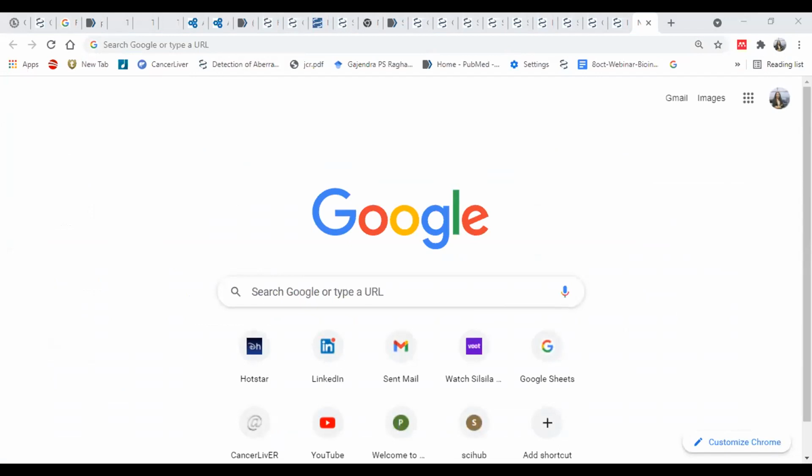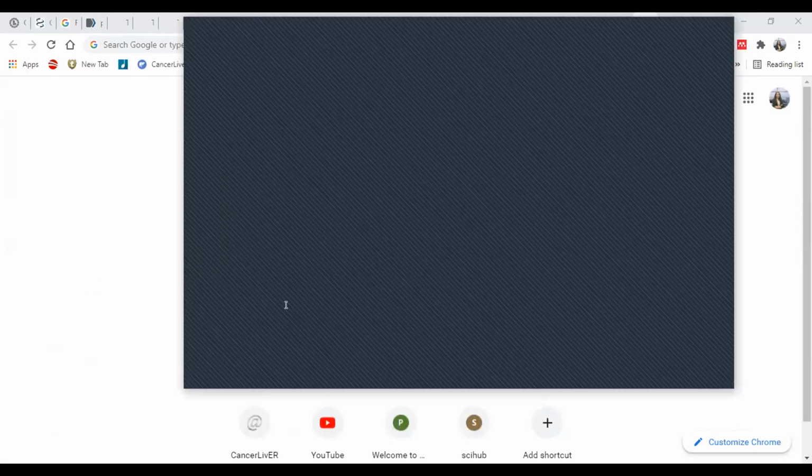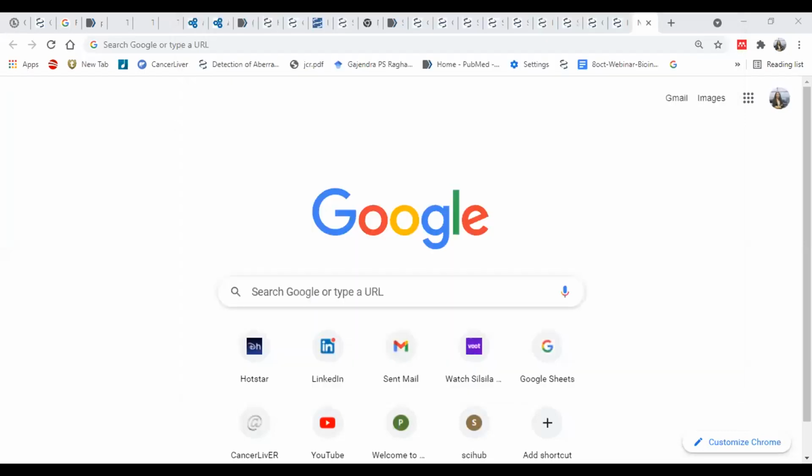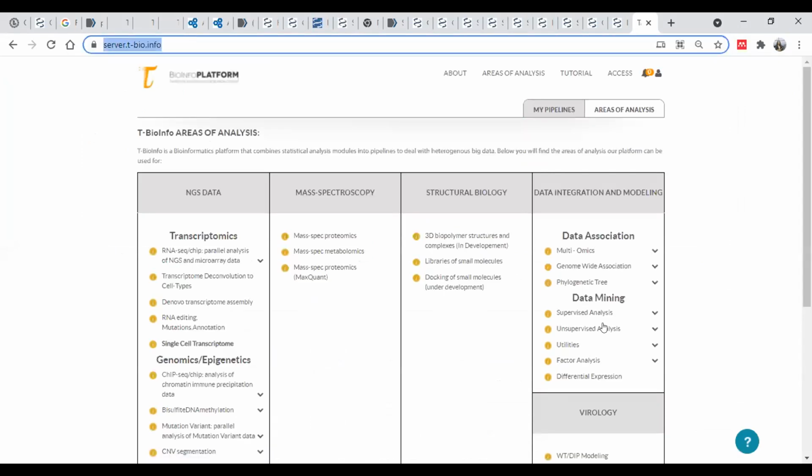Just give me a second, and let me save this file into a TXT file. On the server, let me share this link as well with you. So this is the tBANFO server link.